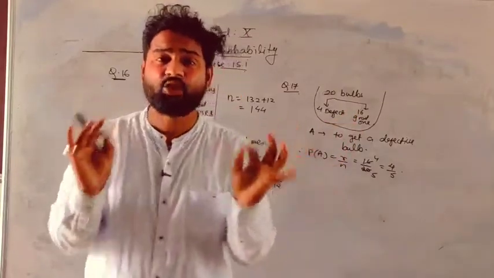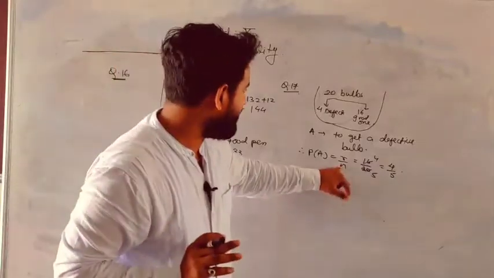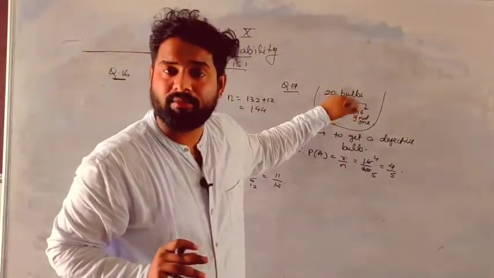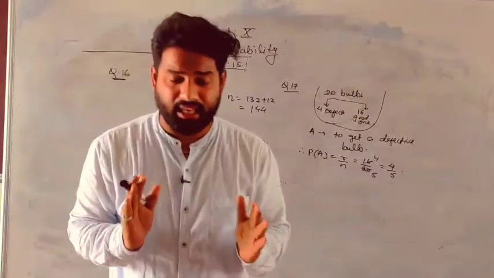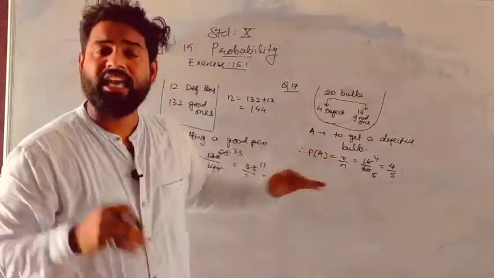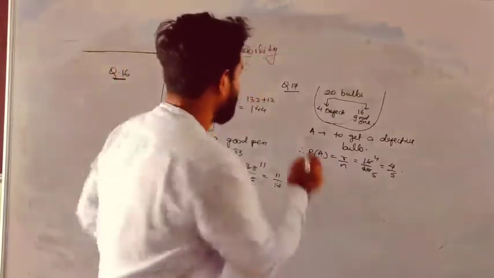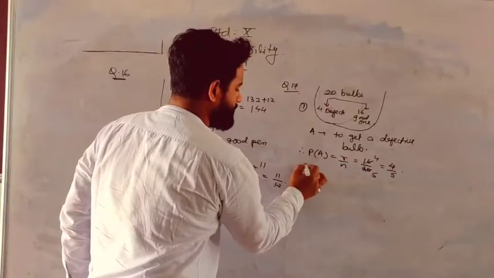N is total, irrespective of your question. N is going to be the same. What is N here? N is total, total is 20 bulbs. So same thing, I think you have not got any sum other than this logic. Each and every sum is applying this logic only. Okay, so this is the first part of question 17. There is another question, the second part.